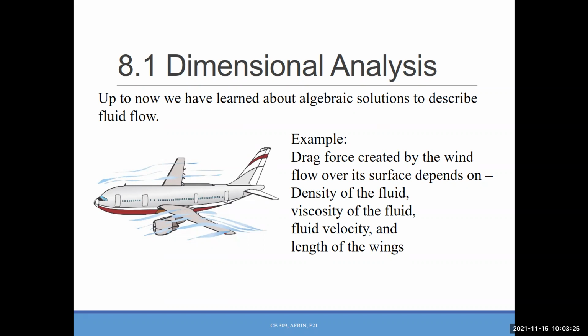In this part of fluid mechanics, we will learn something different, where we don't have something given and need to find some unknowns. Rather, we will work with a number of unknown parameters and see how we can reduce the parameters to save time and reduce cost also. That part we will do under dimensional analysis. So just to explain that, let's start with an example.